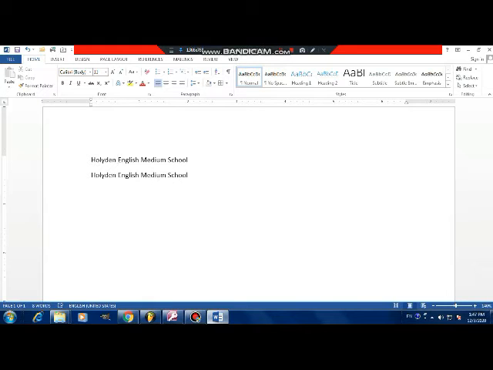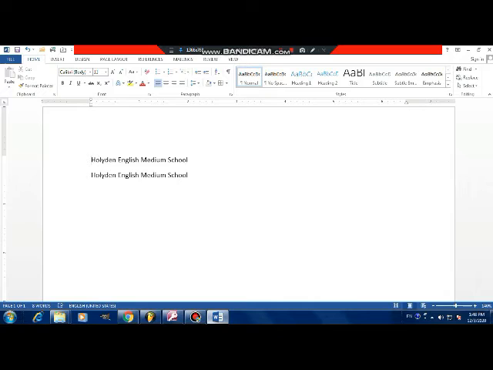Now the next one is the tab. What is the use of tab? The tab is used to insert a bulk of space, meaning one tab inserts 5 character spaces. Like I want to push this first sentence forward by 5 characters, so you have to press tab one time.